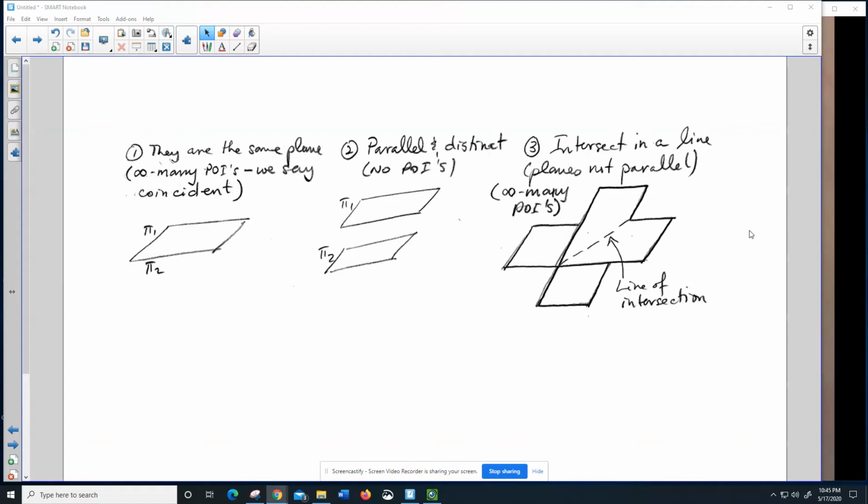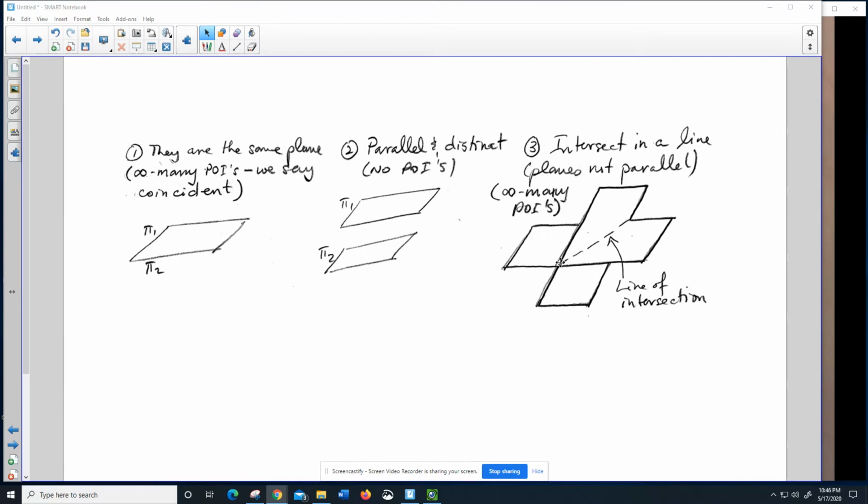Hi folks, in this last video of the week, we're going to focus in on the intersection of two planes. In the first video, we saw that there were three possible scenarios when we're working with two planes, and I'll start with this third one here. We saw that as soon as the two planes are not parallel to each other, then they must intersect